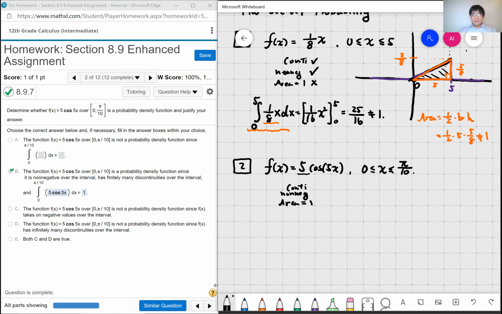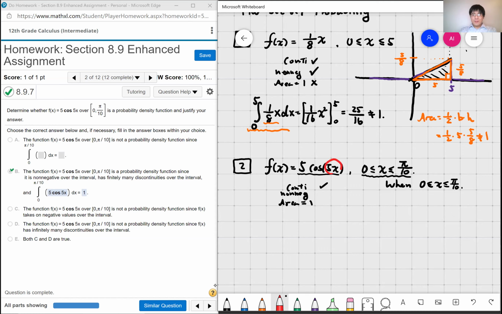First of all, cosine function is continuous everywhere. So this is no problem. Is this a non-negative function? So cosine function is like this. So it could become negative. However, we are only looking at these intervals. So when x is between 0 through pi over 10, when x is between 0 and pi over 10,